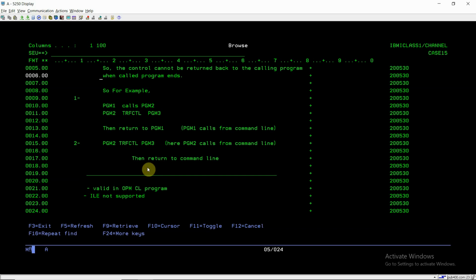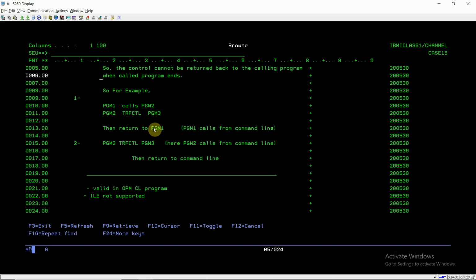These are the two cases where PGM1 uses the call command to call PGM2, and PGM2 uses the TRFCTL command to call PGM3. Both commands work the same, both call the program, both having the two parameters PGM and PARAM.